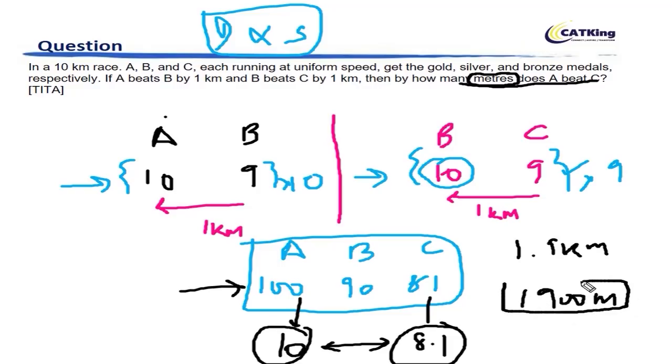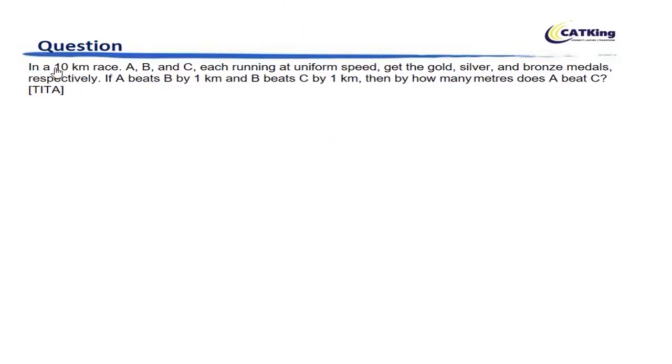I hope this is clear to you guys. So what is the concept involved? The concept is very simple. Because the common element is B in these two ratios, you should use B, take the LCM of the individual numbers, and then take the number to the LCM by multiplying by a certain number. If you multiply by 10, B goes to 90, A goes to 100. Here also if you multiply by 9, B goes to 90, C goes to 81. I hope this is clear to all of you. Right, let's move on and see the next question.